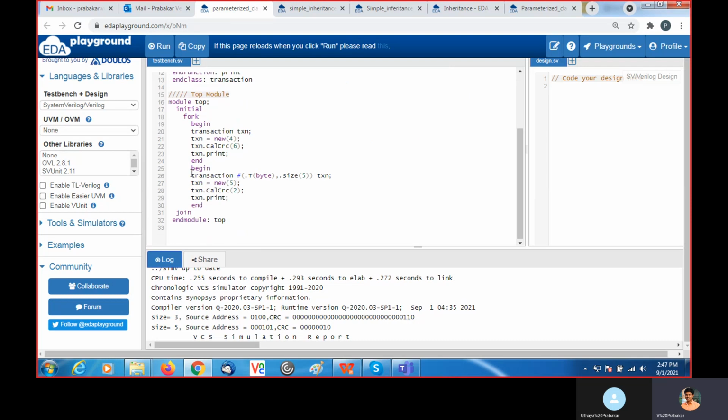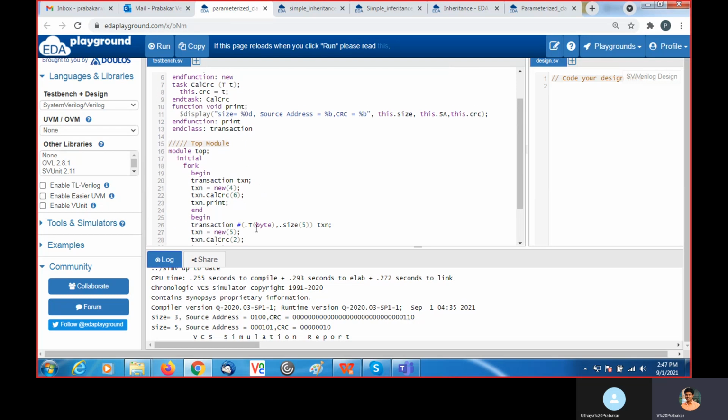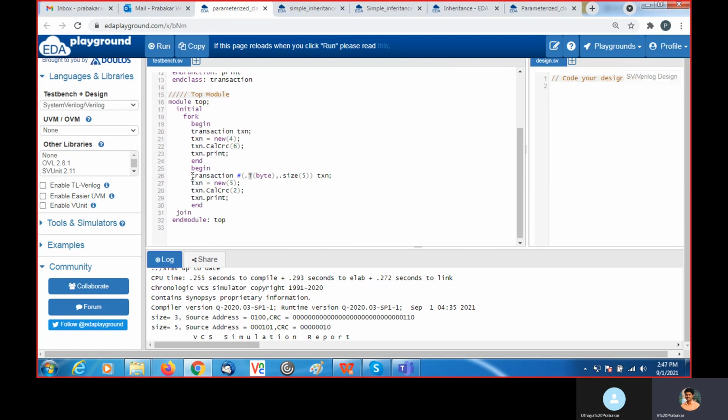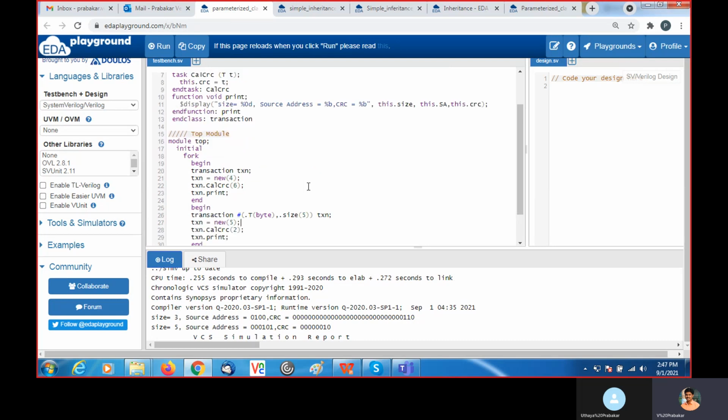So in this process we are overriding. This T is nothing but the default, T is nothing but int. Now in this line, what I am doing is overriding the type. T is nothing but int by default. Here I make it a byte, and the size, dot size, by default is 3.